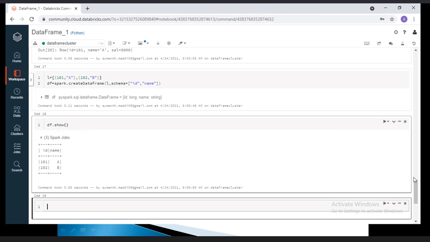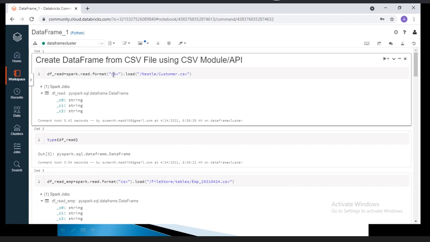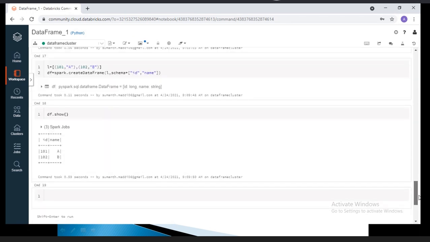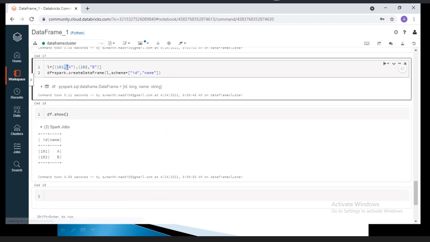The first methodology is to read the data from the CSV, right? To read the data from the CSV, we have to use this option. With createDataFrame, you don't have the data, so you have to create your own data. If the data is available in the list, then you have to create the data frame. Clear, right? Yes, yes, bro. Okay. Thanks. So this is with the help of the data frame function. This is frequently used in real time if you want to create one empty data frame, and we will discuss in detail.